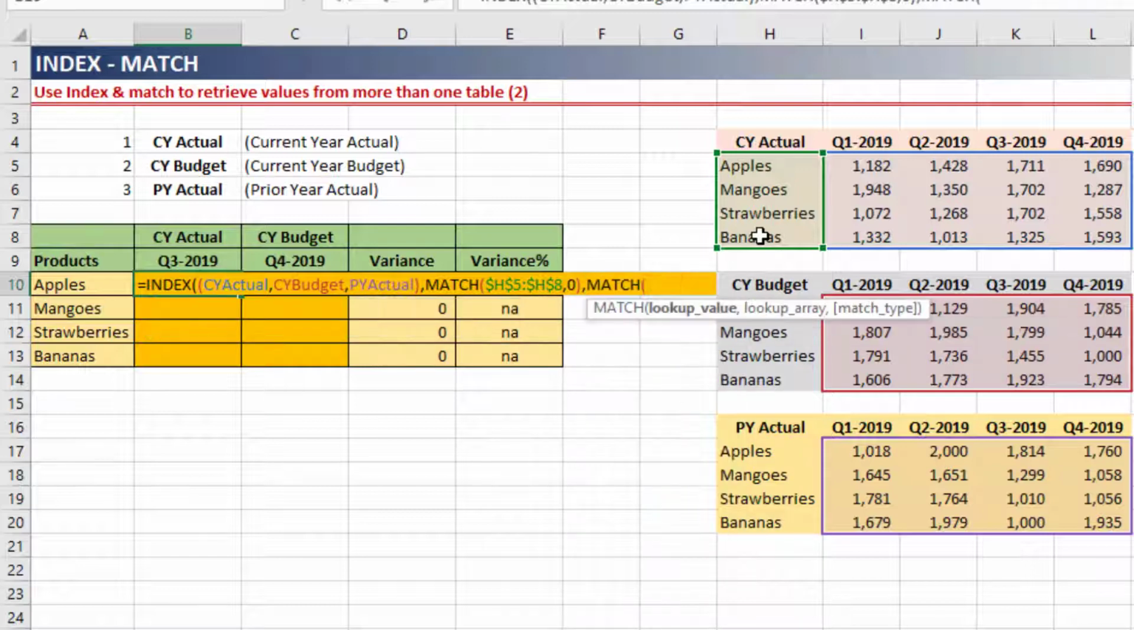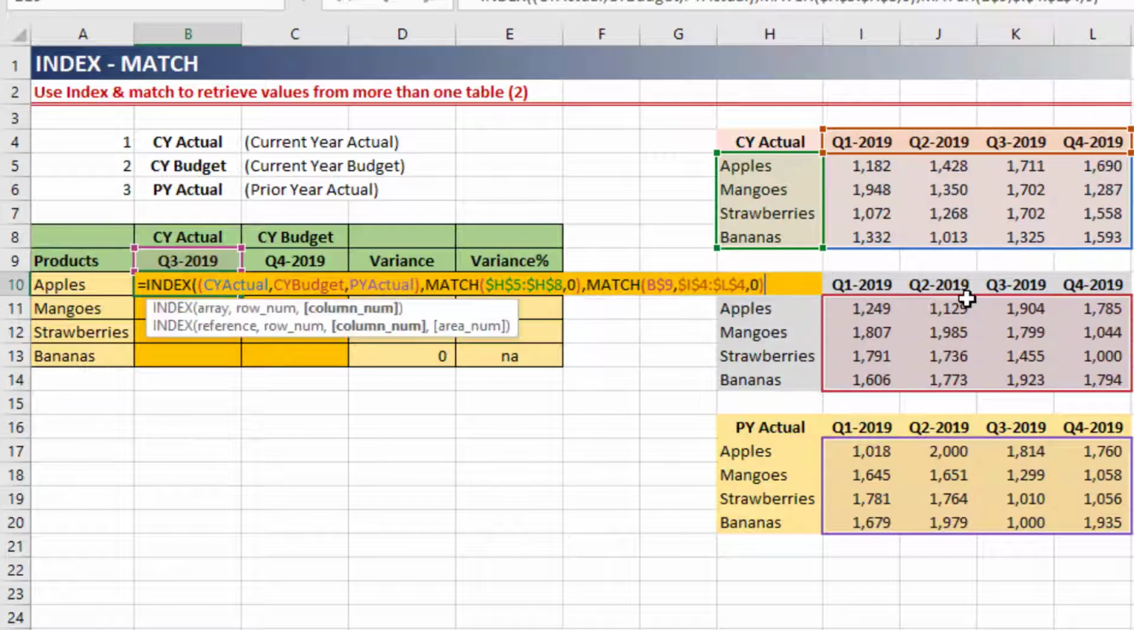apply another MATCH to look up quarter 3, and in this case I will press F4, again F4 to lock the row number only, and comma, I will look up this current Q3 2019 in this range of cells, and this has to be identical in all the ranges, so we can use any of the ranges to look up. I will press F4 to lock this, comma 0 again for an exact match, and finally I will have to